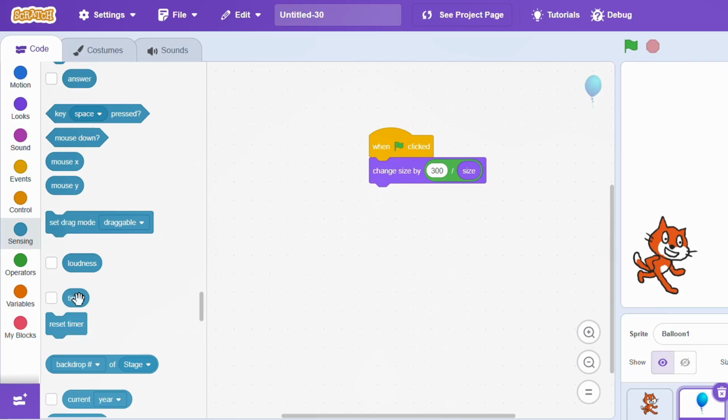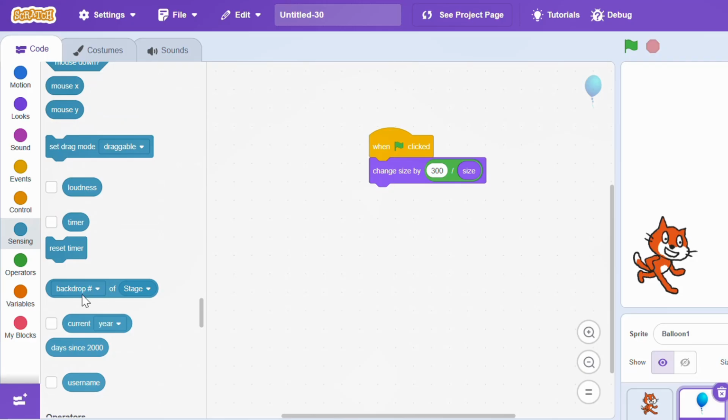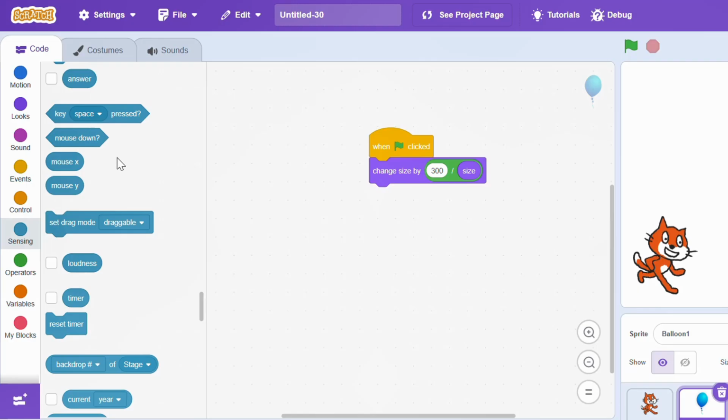Timer, we use the timer, so let's remind ourselves. Every time we start a project, the timer starts ticking from 0, and we can at any instance go to this timer and figure out how long has passed since the beginning. So we have a time reference if we need it in our code. Also, you see we have some backdrop of the stage. We can find also time reference to a year or days, which also may be useful, and the username. But what we really want to focus on here, let's take a look at this one that looks a little